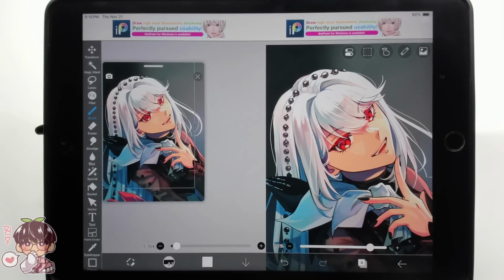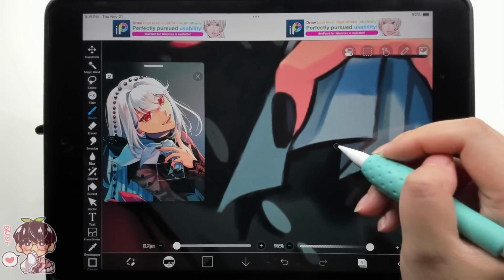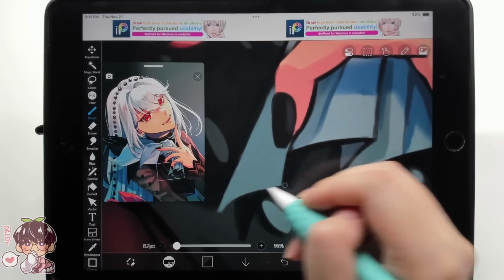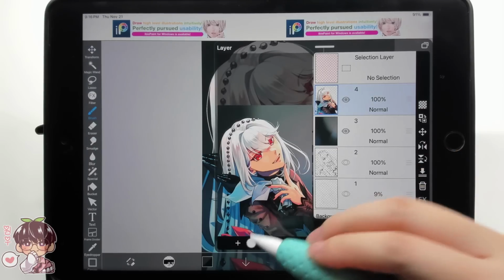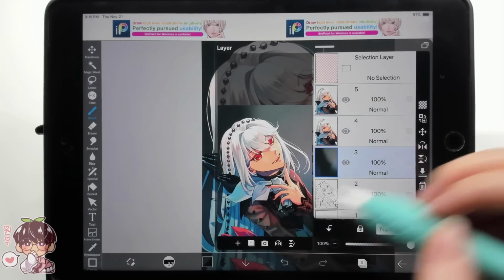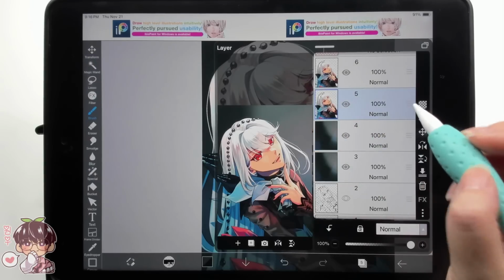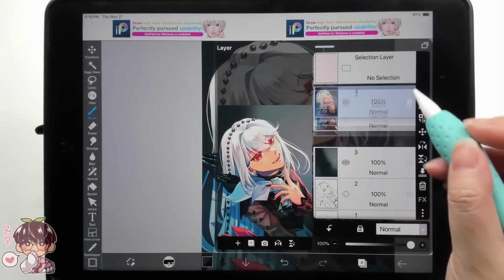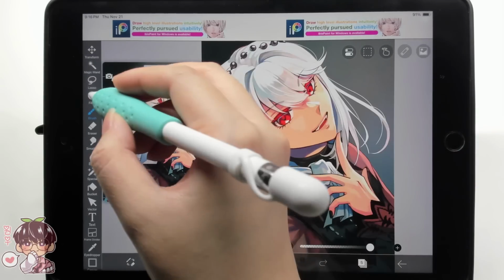Maybe it was because I was using a particular brush, like I said, the colored pencil, that it does give me a little bit of a different finish. So oftentimes I don't really use those artworks for anything. It was just for the video. But if it's something you guys really want to see, then I'll definitely bring it back and work in it,